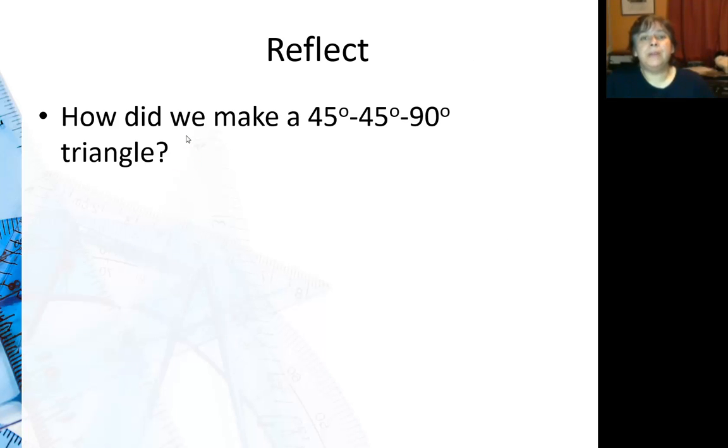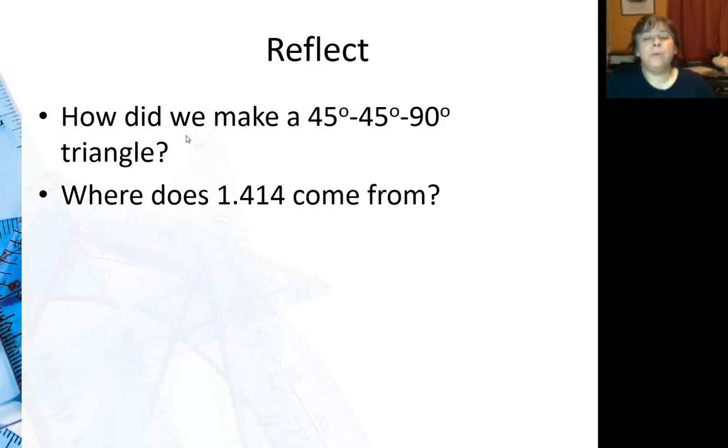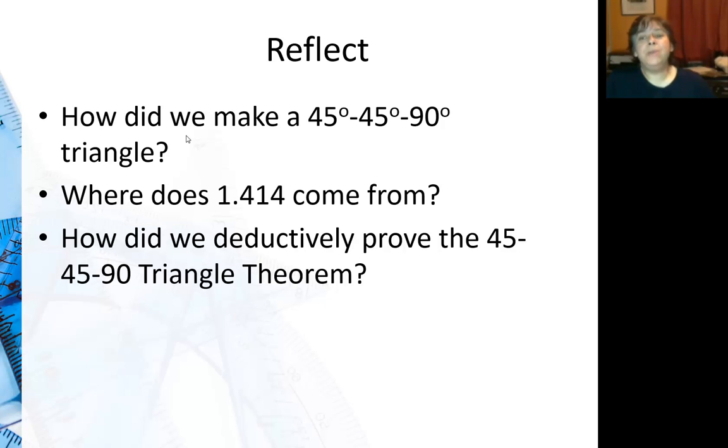So for further reflection, how did we make a 45, 45, 90 triangle? What shape did we start with? Where does 1.414 come from? And how did we deductively prove the 45, 45, 90 triangle theorem? Remember, I did the general case with n, and that really helped to show